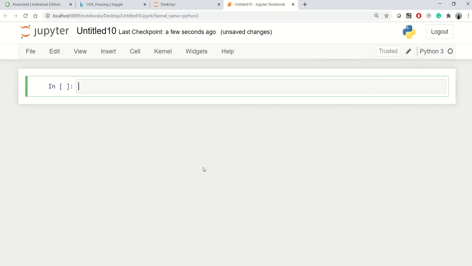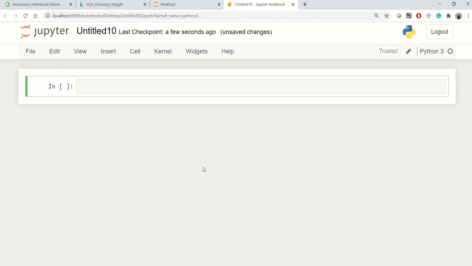We are going ahead and importing libraries that are required for our linear regression. Now in this particular video we'll talk about applying Python and scikit-learn in linear regression, and we'll not talk about the concept or maths behind it. So in case you want to learn the maths or concept of linear regression, you can check the playlist of this video. There I have explained a lot about the maths and concept of linear regression. So let's see how we apply scikit-learn for linear regression modeling.